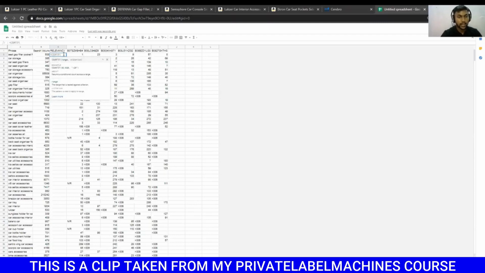We'll be counting only those that are ranked on the first page. COUNTIF, we'll choose this range, then a comma, then less than 30. Less than 30 because generally, if the product comes at the 30th position, we consider it to be on the first page. This depends, and sometimes it can be the second page depending on what Amazon is doing. So here you see it says a relevancy of 5, but we have a total of 6 products here. This product is not ranking below 30, so it is ranking on the second or third page. That is why the relevancy is 5 here.